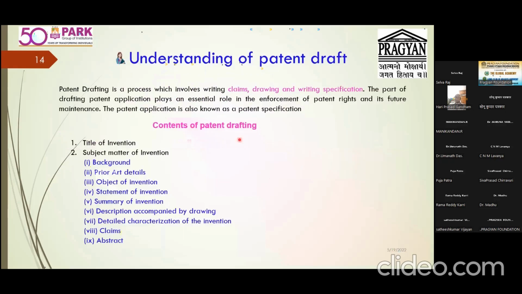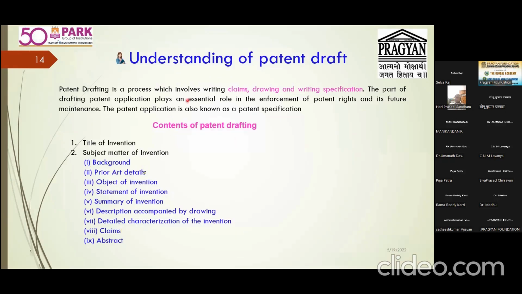So this is my particular talk today. Just now, we have covered all those things: basically, what is a patent, what are the patent aspects, and what are the criteria to be met for patent evaluation. All those things are done, and also some of the important forms we have done. These are very important.